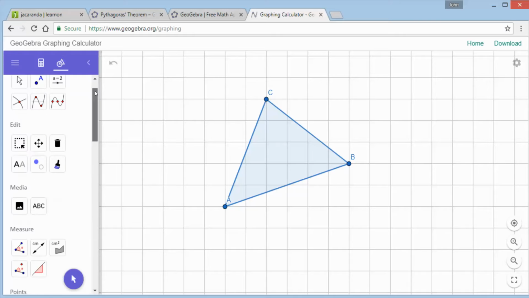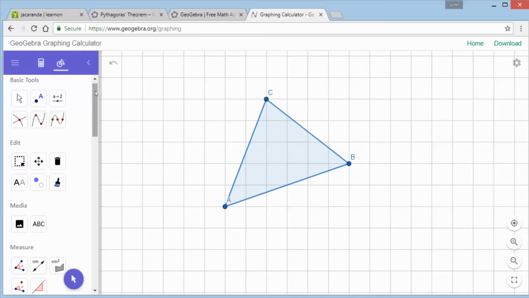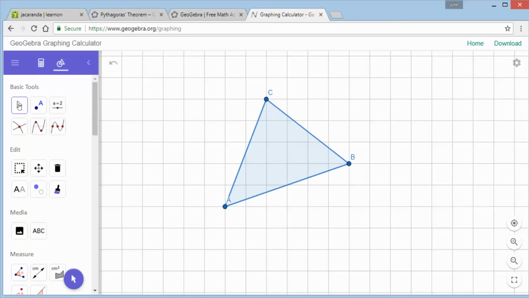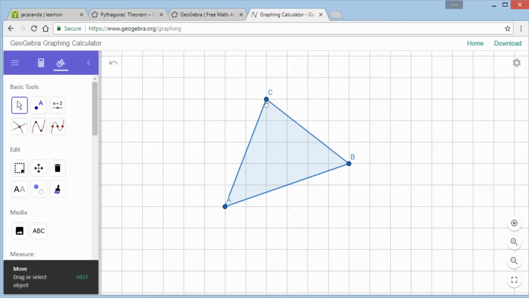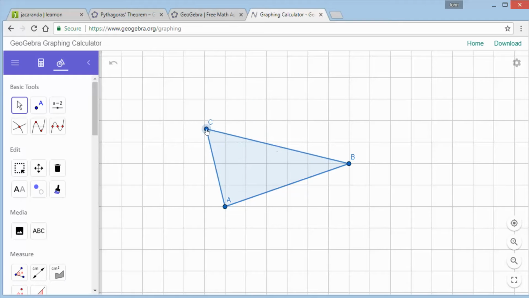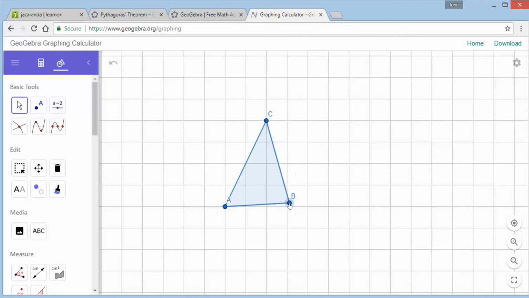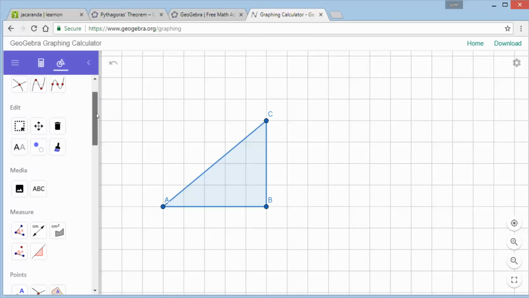Now if you go back up on the left and click on the move tool, which is the arrowhead, you can click on and drag a point. Okay, next step. We're interested in right angle triangles because Pythagoras is about right angle triangles. So there's a right angle triangle. Just to confirm